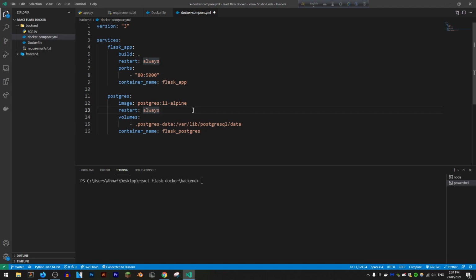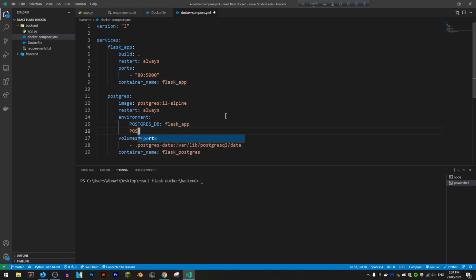Now, Postgres requires environment variables, as far as I know. So it needs Postgres DB. That's going to be the name of our Postgres database. Let's call it Flask app. And if I remember correctly, it requires a Postgres pass. Is that pass? It's probably password. And the Postgres password, I want to set this to an environment variable, Postgres pass, and let's create a .env